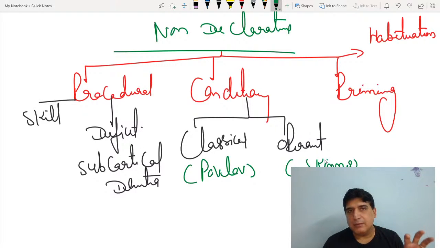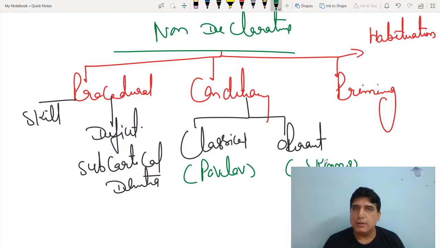So we have one simple classification of memory: immediate up to 3 to 5 minutes, recent up to 7 days or 1 week, and the remote is more than 1 week. Then the second classification, we have declarative explicit, non-declarative implicit. The declarative, we have episodic, deficit in amnestic syndrome, about personal experience. Semantic is about facts, general knowledge. We have deficit in Alzheimer disease, more particularly frontotemporal dementia. Non-declarative, we have procedural, conditioning, priming, habituation.